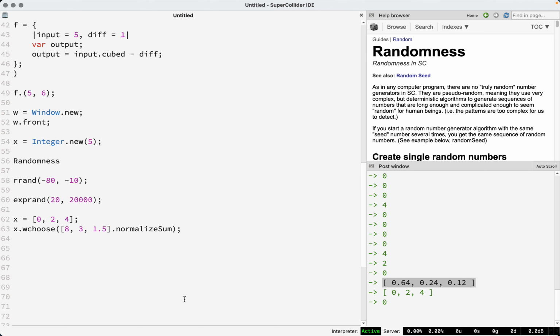Okay, and then one last bit on randomness. What if we want to generate not a single random number, which is what we've been doing with all these evaluations, but we want to generate a collection of random numbers? Okay, so one thing we might try